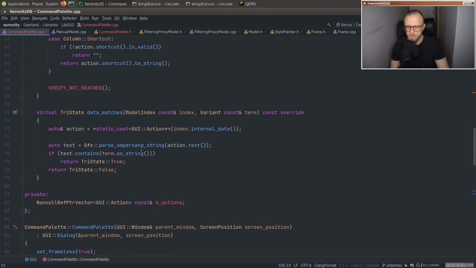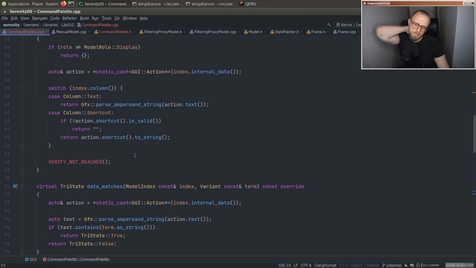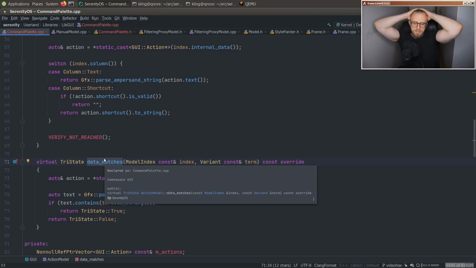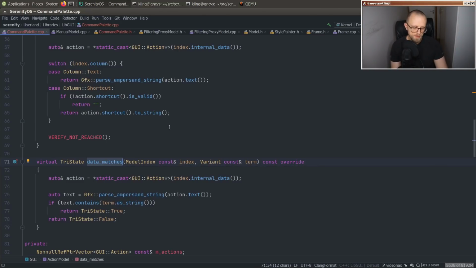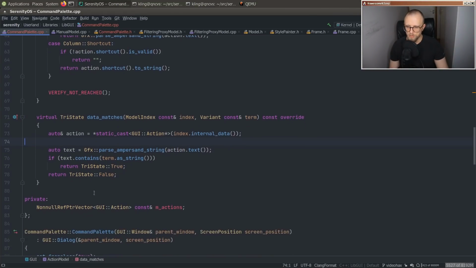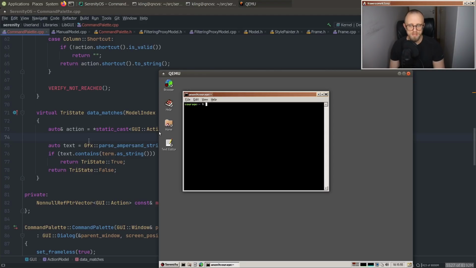It's a little bit of an awkward API, but I can see where it's coming from, because there are situations where you don't necessarily want to just filter based on the data returned by an index. You would want the index to be able to have some kind of searchable internal storage, like some kind of database index, or something that you can query that's more suitable than just scanning through all of the data rows. Anyway,